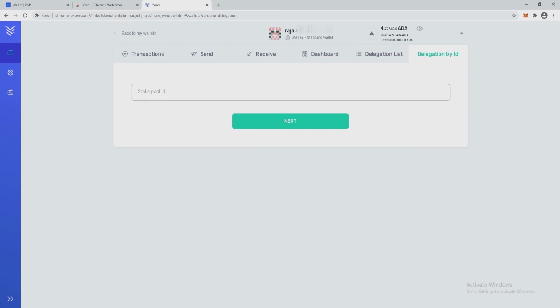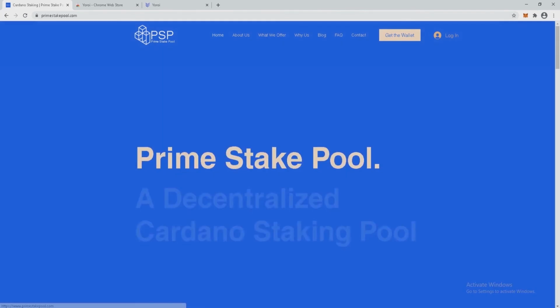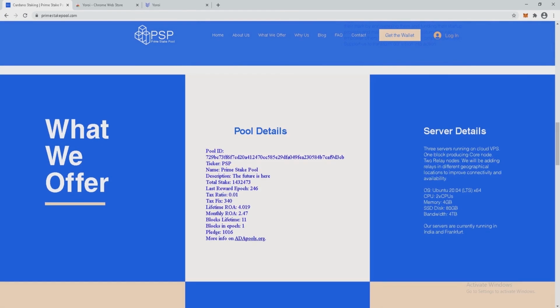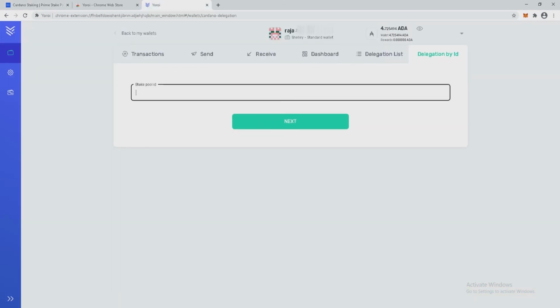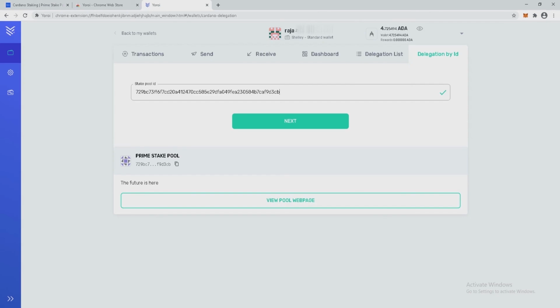You can also put the pool ID here. So let's try with our pool. Here is the pool ID. I put it over here and click search. So it's searching, yeah.